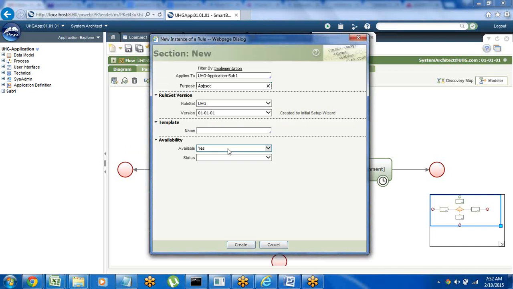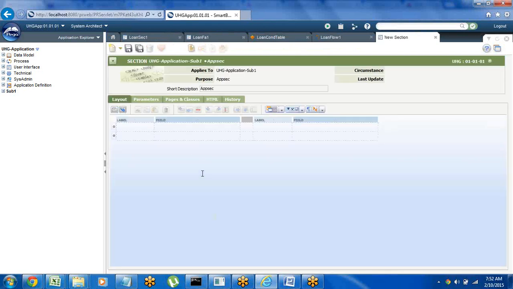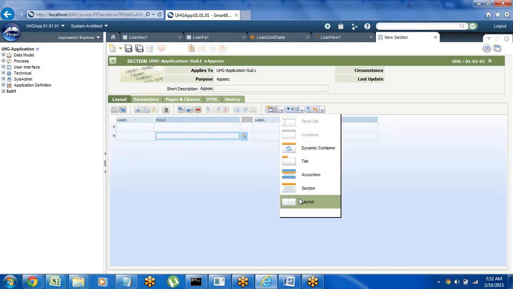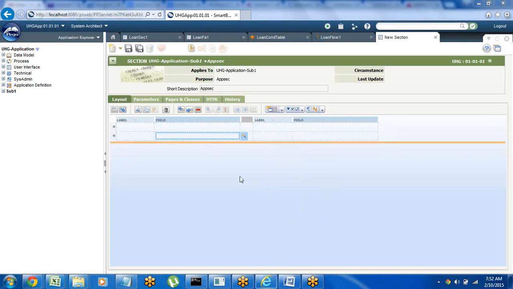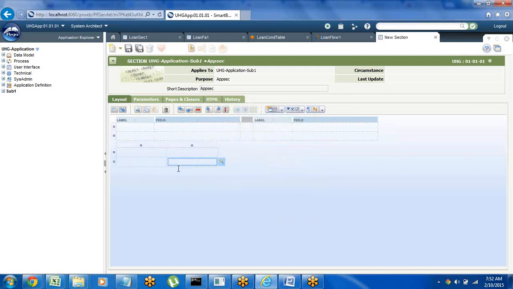For one, I am giving an approve section. In that I am adding a message using a freeform layout. We can also use smart, but freeform will be easy. For this I am giving a message like